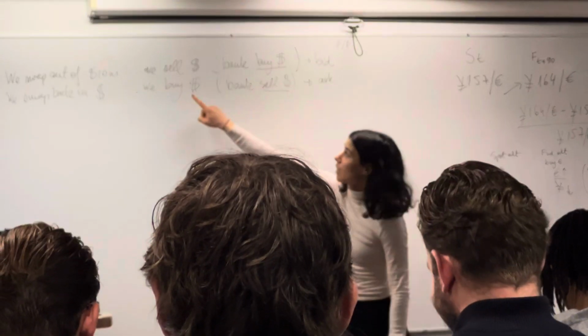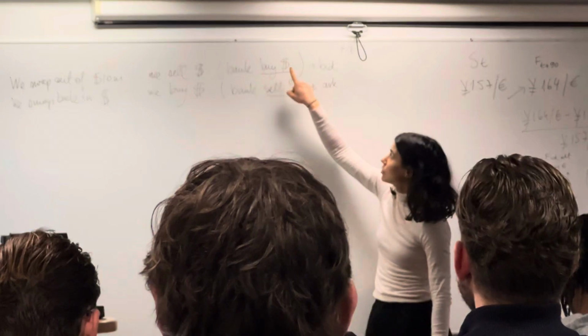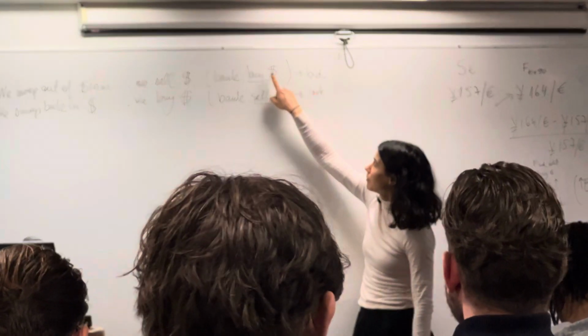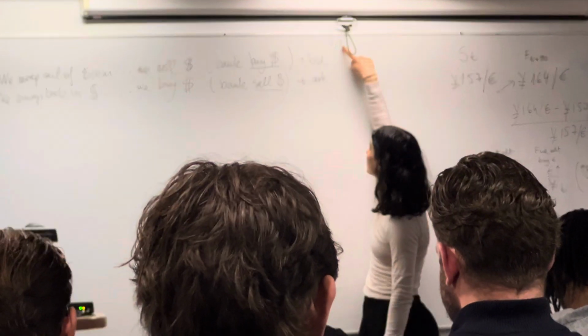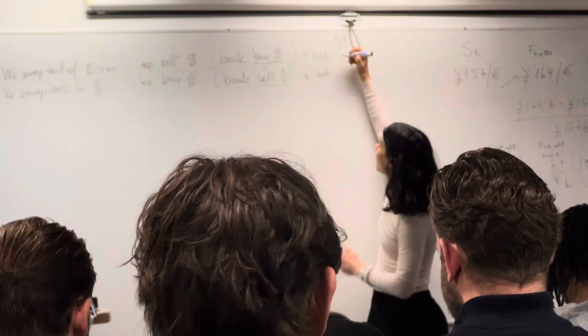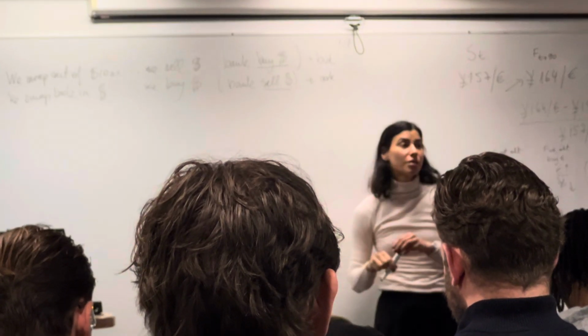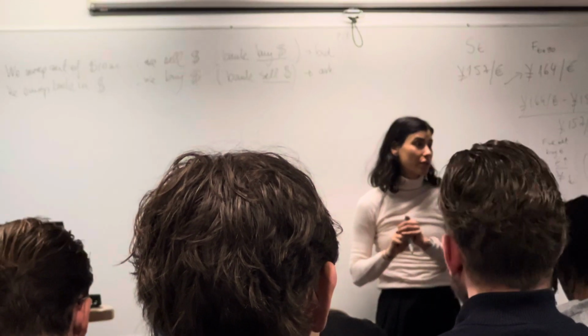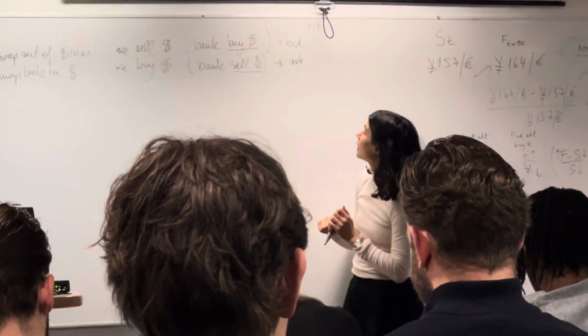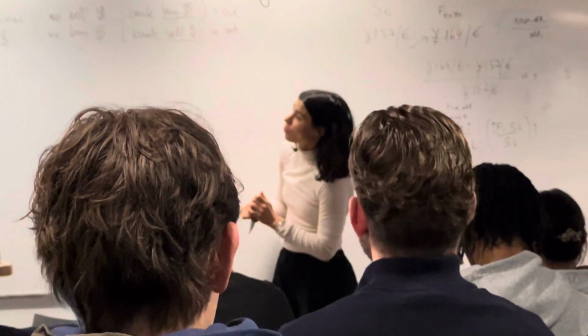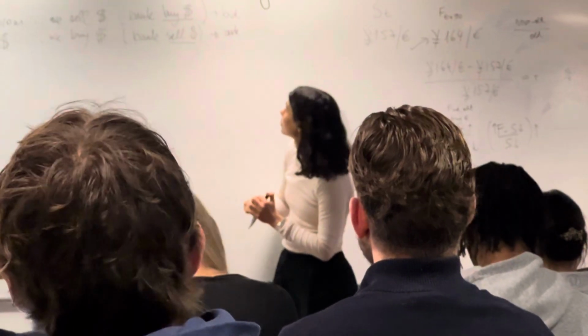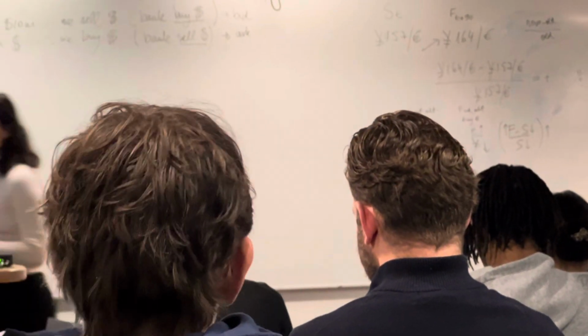So we already decided we sell dollars, the bank buys dollars, therefore we use the bid rate for the dollar. Dollar is at the denominator. And that is the bid rate in the spot quote, and then the ask rate in the forward 2 months quote. So the quotes are